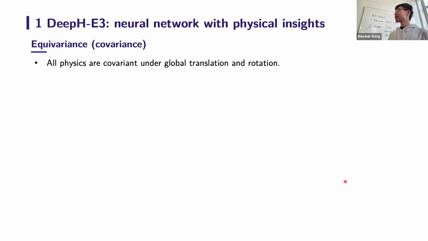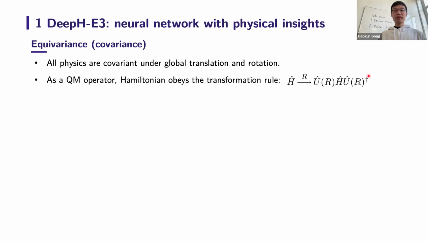And okay, so the next physical insight I'm going to discuss here is about the equivariance, or in the physics community, it's more termed as covariance. These two terms are basically the same thing. They have slight differences, but basically here you can treat them as the same thing. So the thing we want to discuss here is that there is a fundamental law which says all physics must be covariant under global translations and rotations of the structure. So as a quantum operator, the Hamiltonian we want to predict using our neural network should also obey a certain quantum mechanical transformation rule,